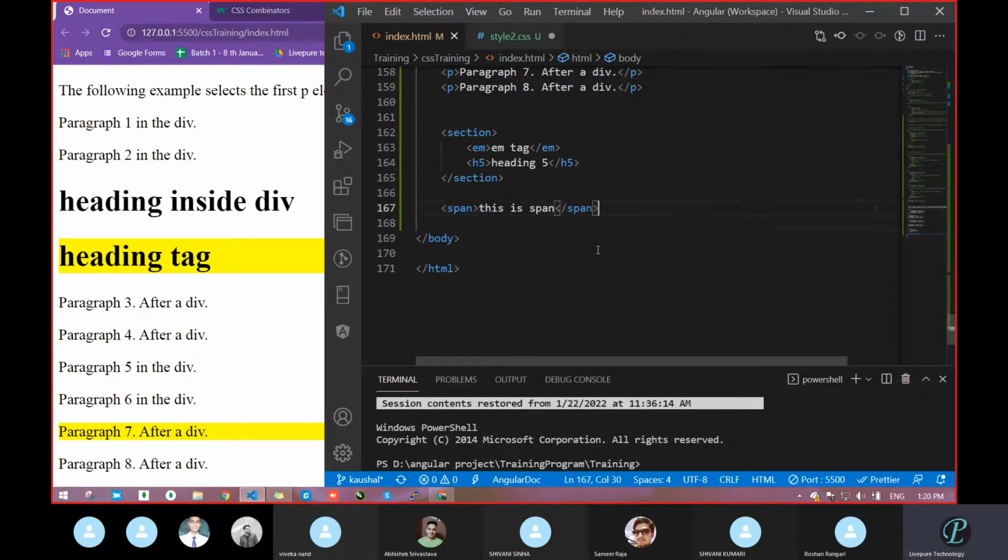How will we pass it? The same thing we can do with a simple selector, directly with the tag, with ID, class. Correct or not? Correct, sir. Suppose I have to apply a style, such as color or background, on this span; we can go with anything. But I want it with the adjacent sibling property, which we just studied.